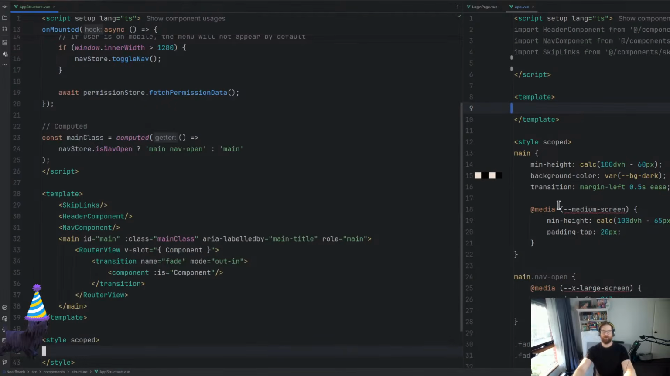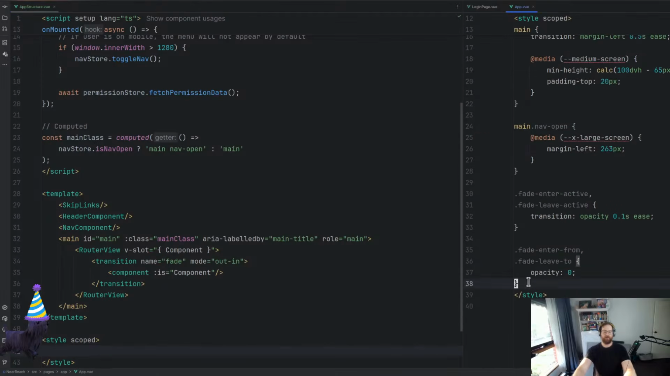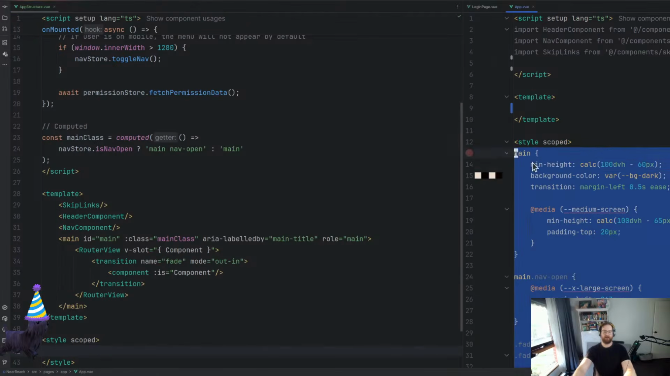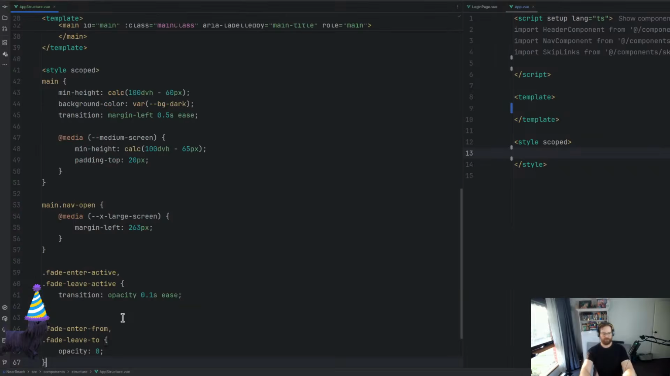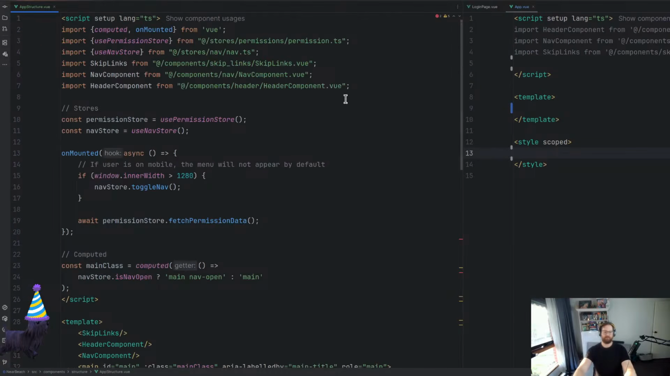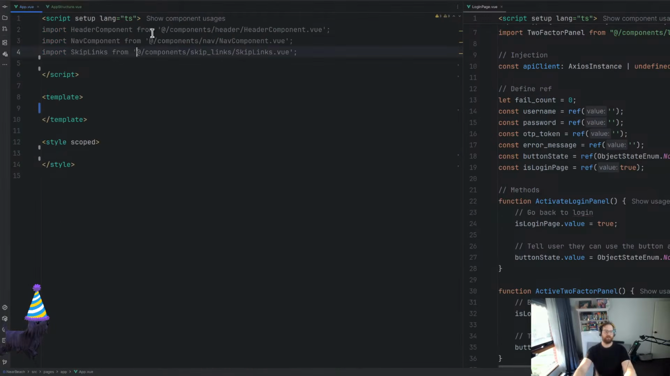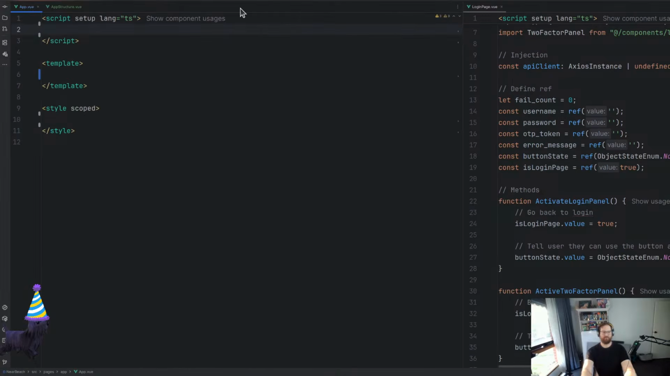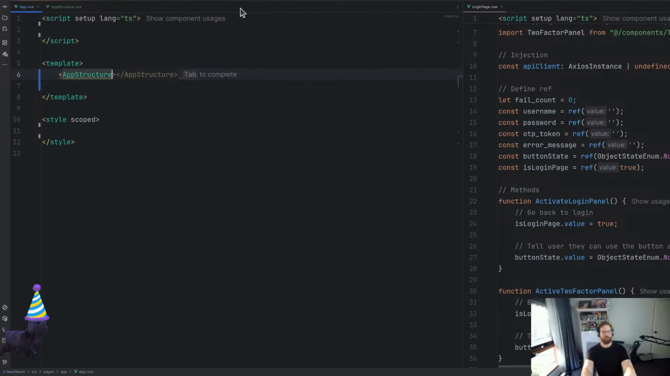As for... Yeah, I'll need the styles too. And that should be it. We've mainly, I can move this back now. We've mainly gutted this. Heavily gutted this. However, what I want to do is I want to now import the app structure from there,